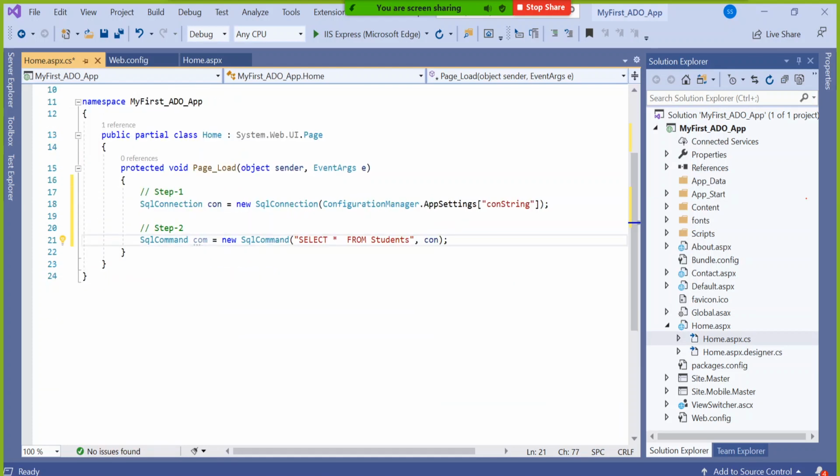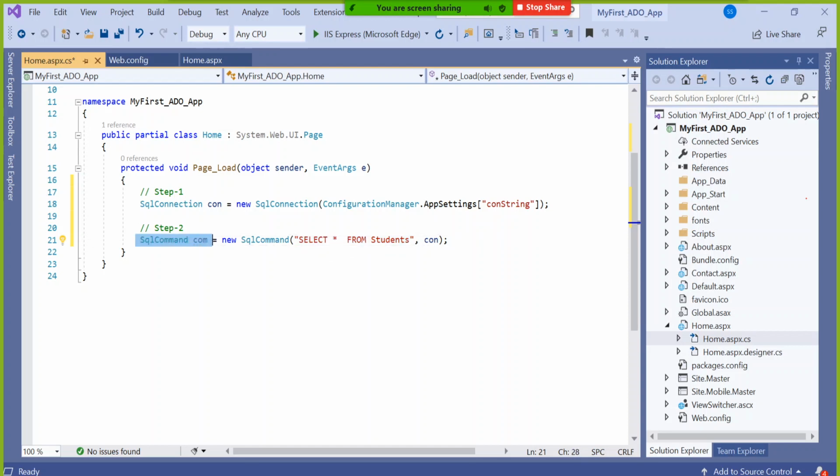What does it mean? That means this command object understands what query to fire and in which path to fire, because con already has the complete database path, don't you think so? The connection string I connected with con means con already has the entire path of the database. Now I mentioned select star from students.